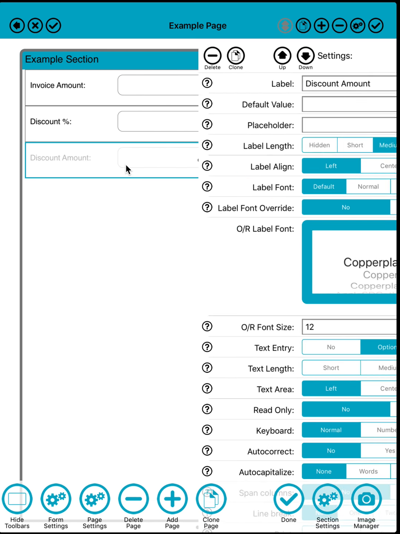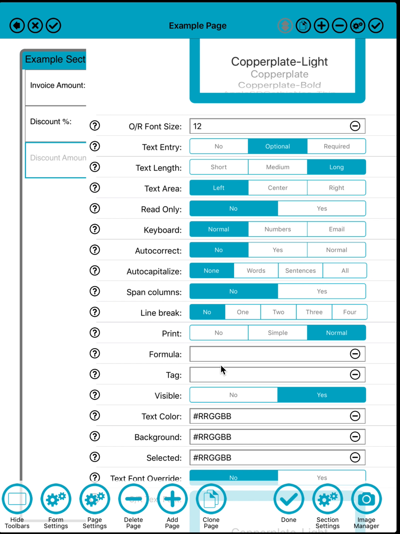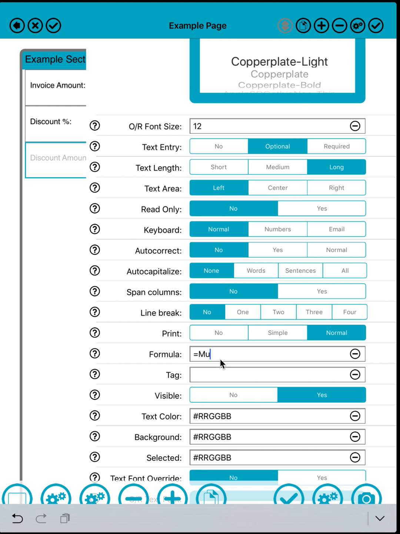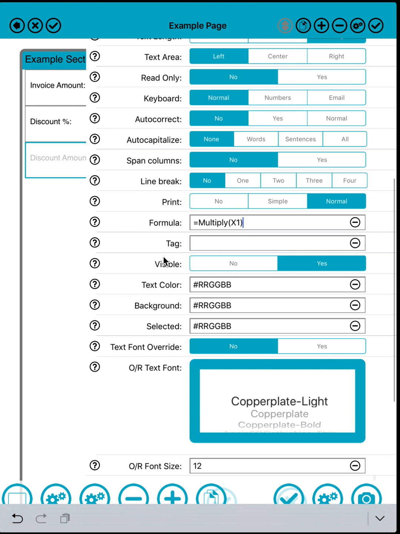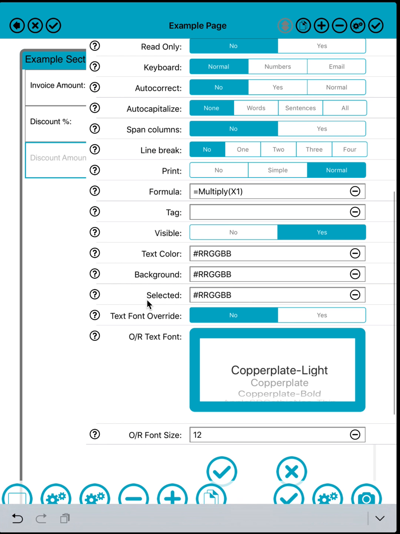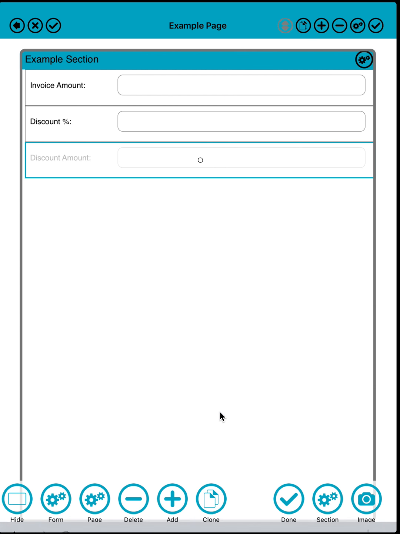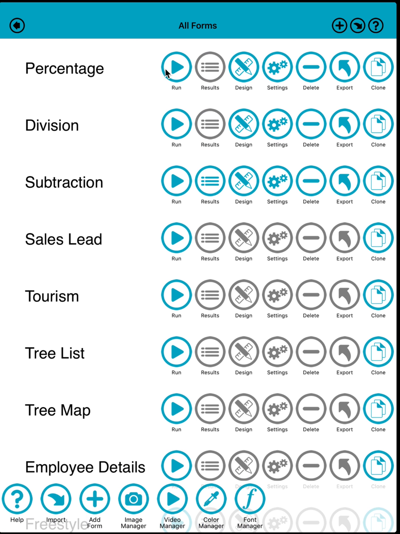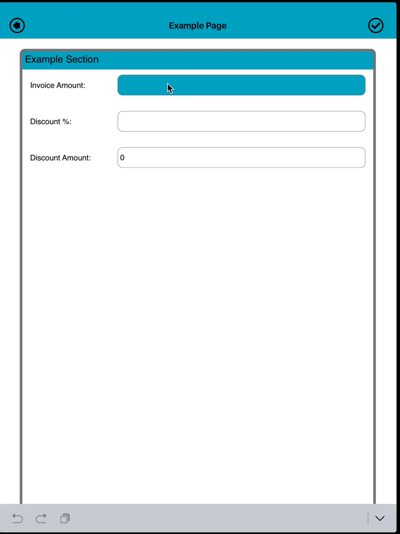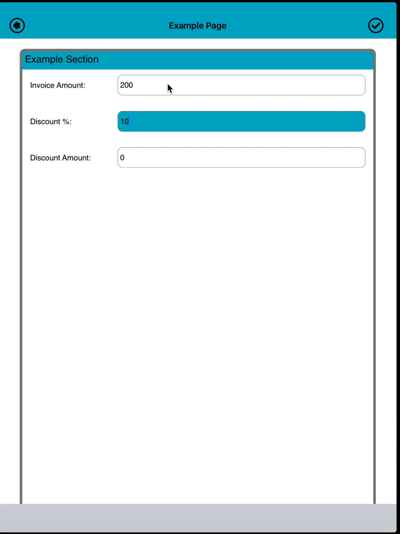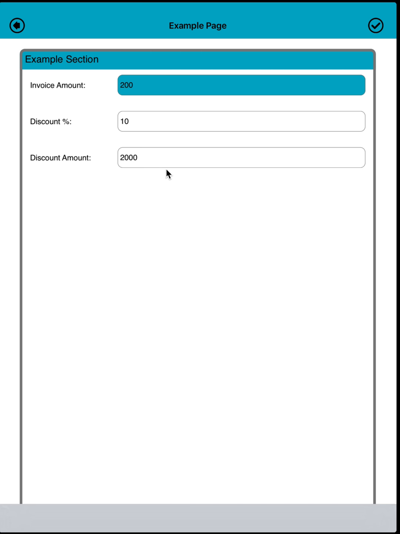Now when I come to put the formula in, all I need to do is say the formula is equals multiply and then the tag value in brackets. So equals multiply x1, which means multiply together all the fields that have the tag x1. There we are. Now if I run this and say the invoice amount is 200 and the discount percentage is 10, oh dear, it comes up with a discount amount of 2,000 because it's basically just multiplied together